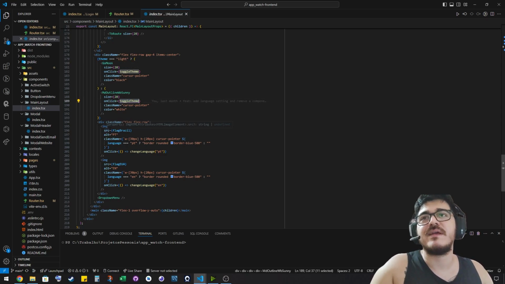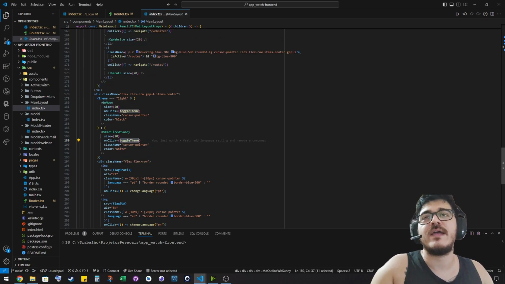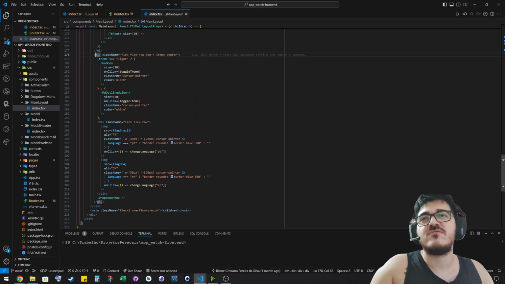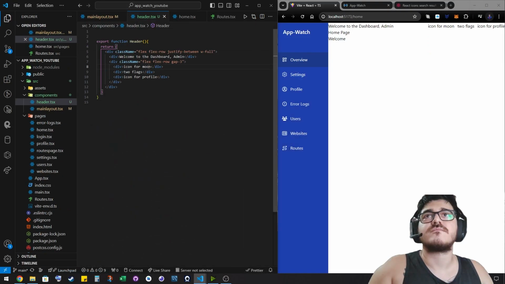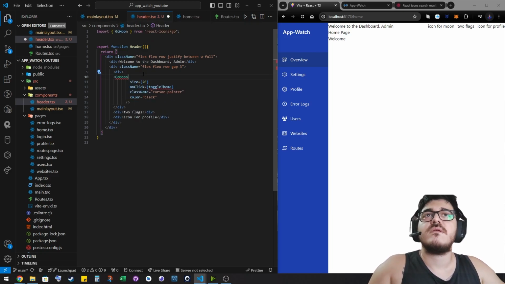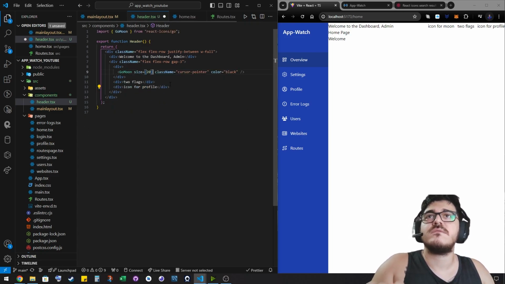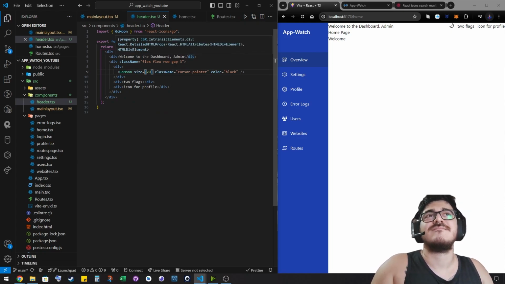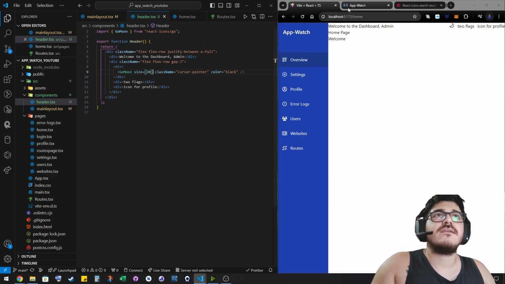It's very complex. We shouldn't do that right now. We should just put some simple icons. Go moon. Why not inside of here? Import. No. Okay. And then the